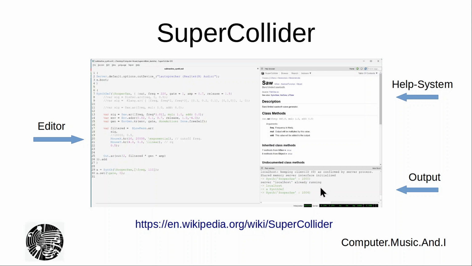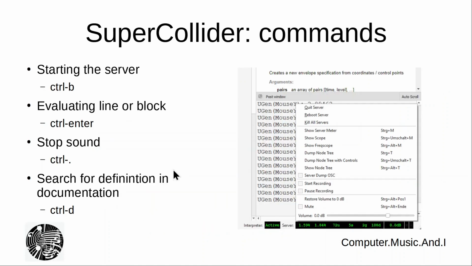As SuperCollider is a client-server system, we need to start a server which is then generating the sound and is using the definitions that we write within our editor in the computing language of SuperCollider. Now we've been exploring this and learned some central commands. So in order to start the server, we can just press Ctrl B and the server is going to start, and in the lower right side we will see the status of the server and the status of the interpreter,